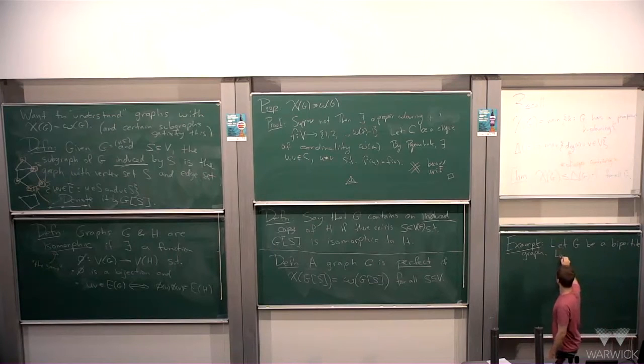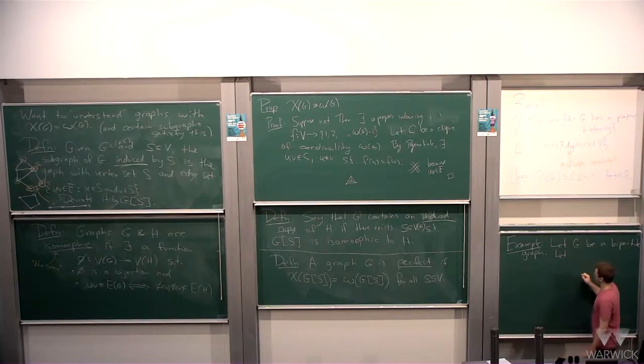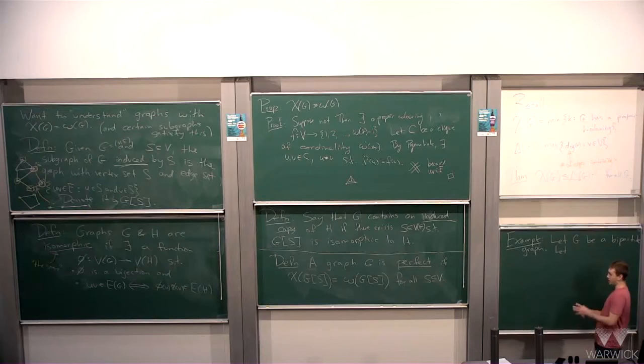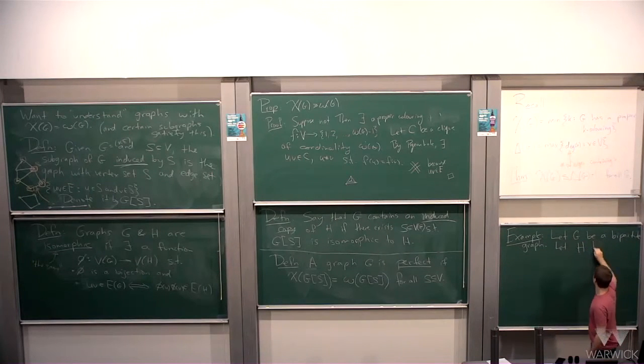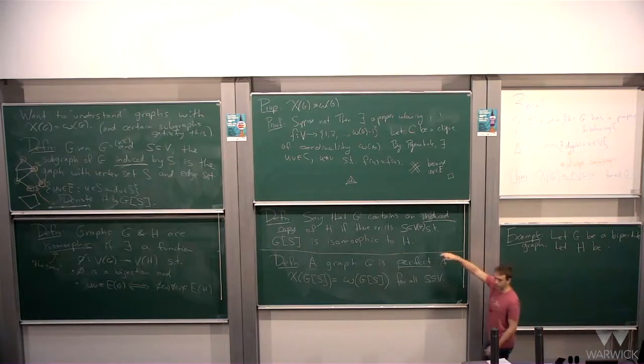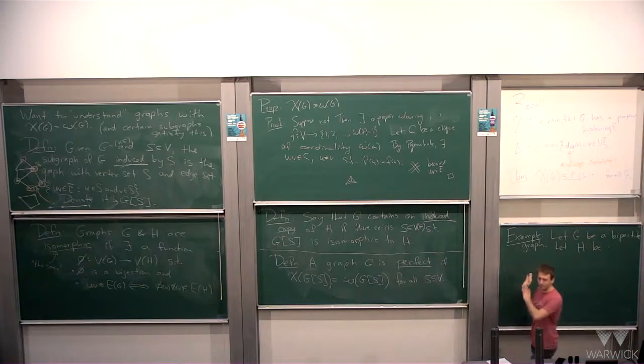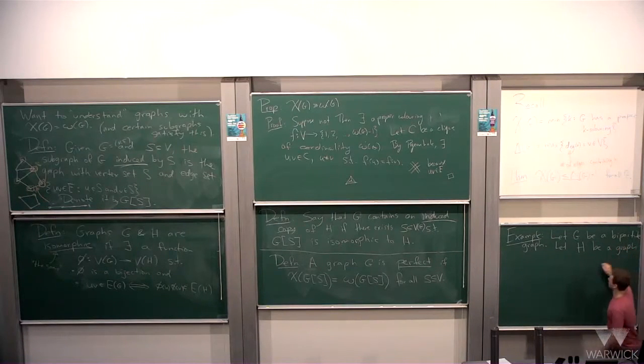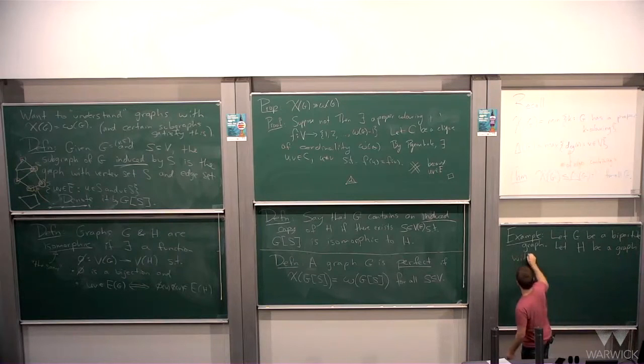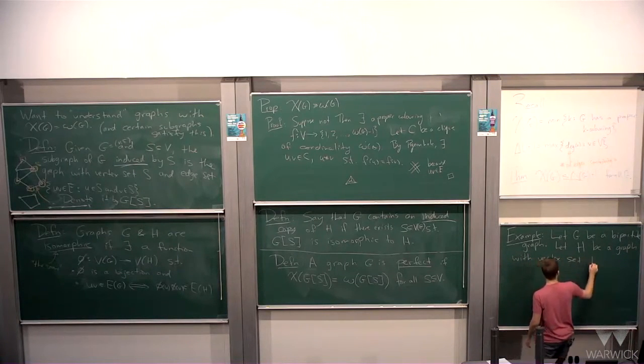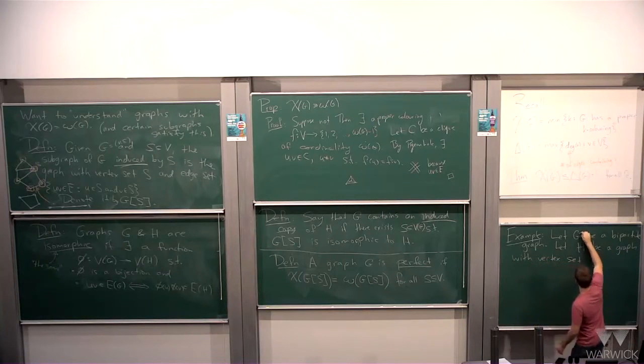Okay, and now let H be, so here I was talking about H being an induced subgraph and stuff. This H is going to be different, but let H be a graph with vertex set E, so the graph is (V, E),